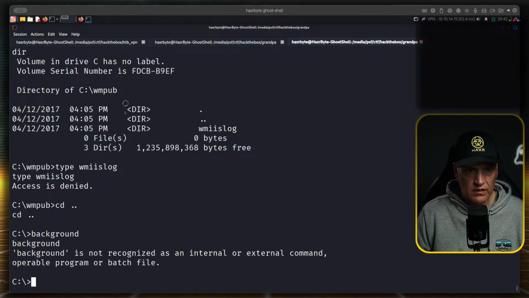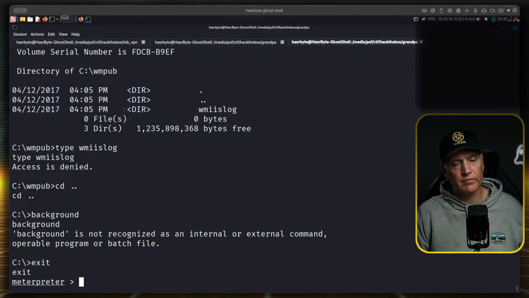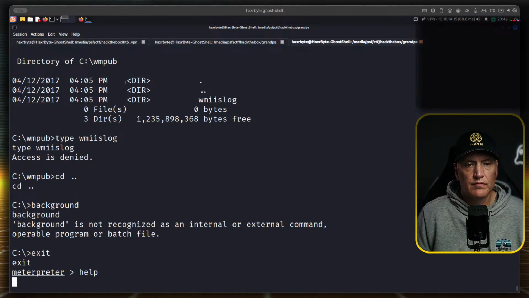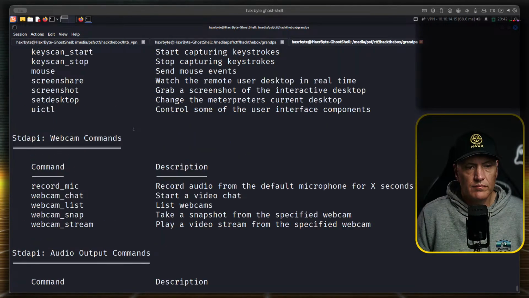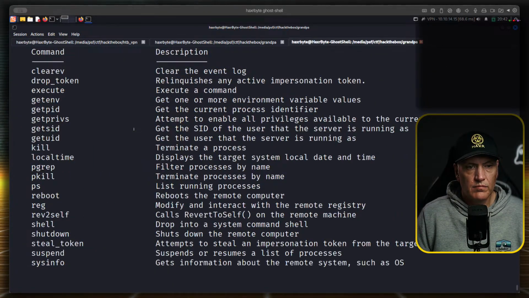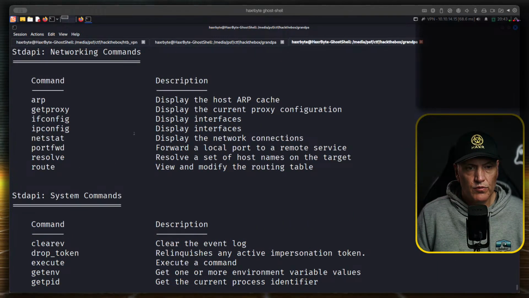So I guess I can exit. Okay, we still have a shell. Help. Let's see what else we can do.